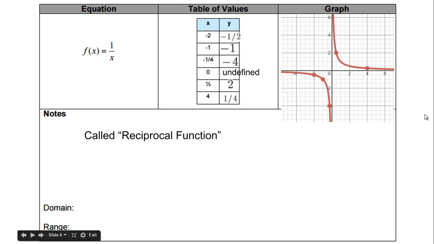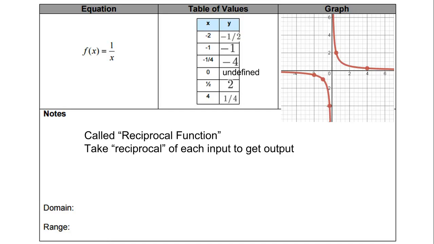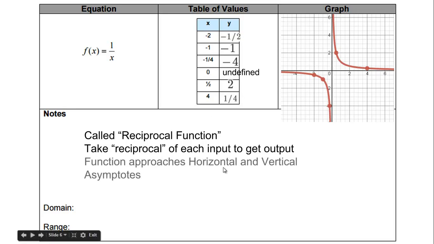So a couple notes. This is called the reciprocal function. So we take the reciprocal of the input to get the output. Notice we don't take the negative reciprocal. Reciprocal gets put in with negative reciprocal in grade 9, and then students can't really separate them. We're only taking the reciprocal. The function approaches horizontal and vertical asymptotes. So these lines here, the y-axis and the x-axis, so y equals 0 and x equals 0, are vertical and